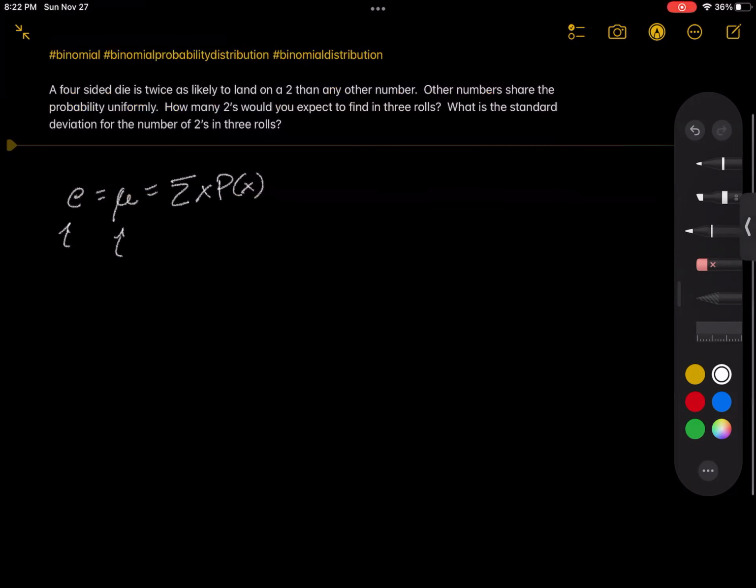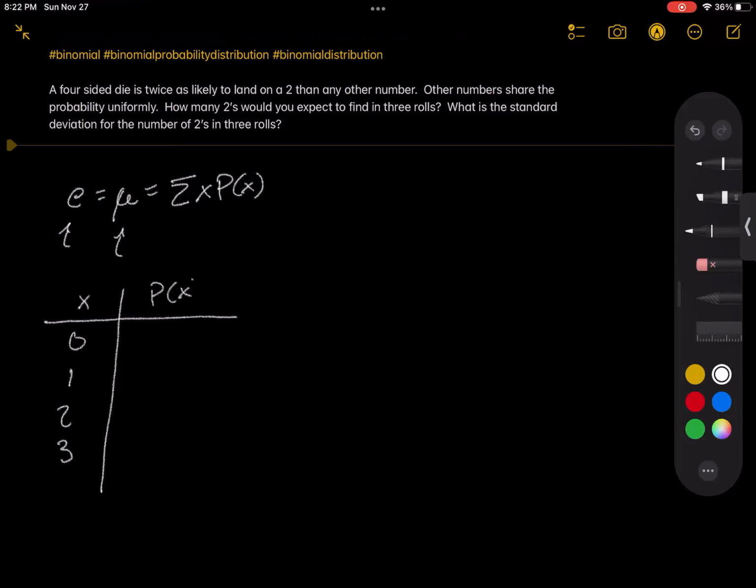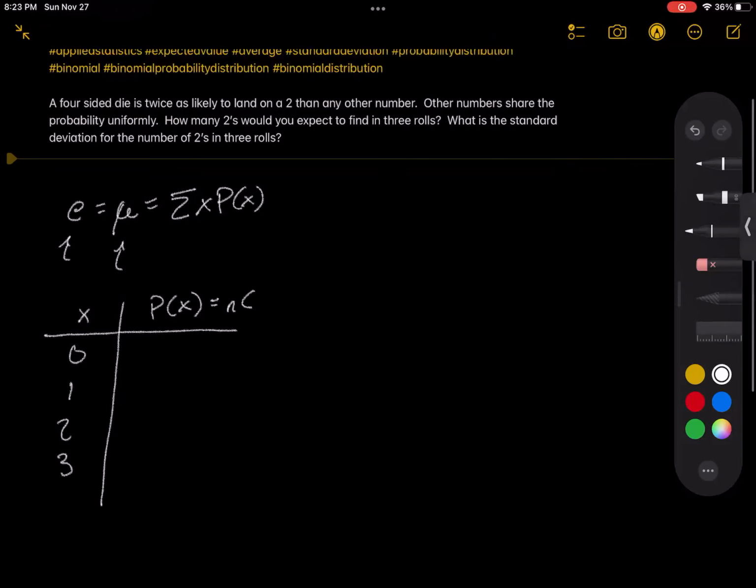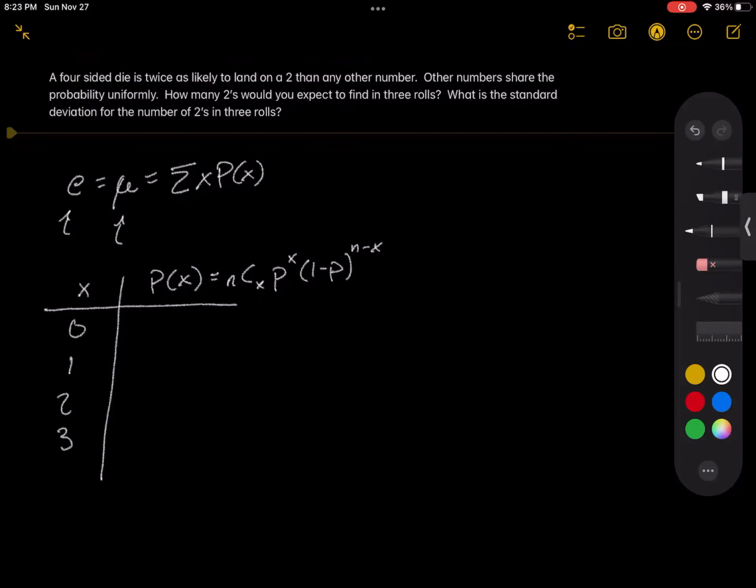So if I'm trying to find the expected value of the number of twos, then I need to count the number of twos. So I could have zero of them, I could have one of them, two of them, or all three rolls, right? Because I'm rolling three times. So all three of them could be twos. And the probability of each event occurring is given to us by the binomial probability distribution. So this is given to us by n choose x, the probability of a success happening x times, and a probability of failure happening the other times. So you'll do this equation for each one of these events, 0, 1, 2, and 3, and you'll find probabilities of